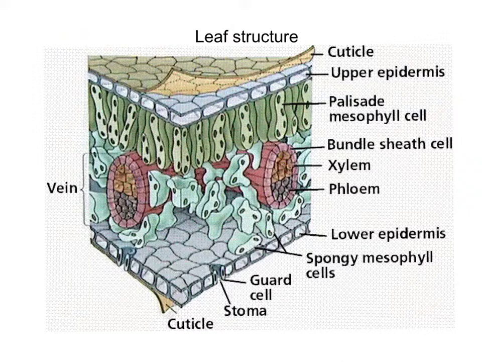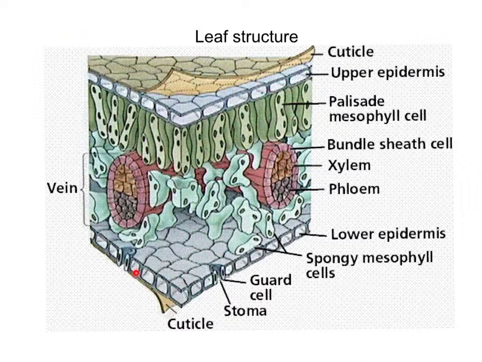So, what I'm going to tell you about leaf structure, well, where do we start? Well, we've got the cuticle here, which is on the outside of the leaf. It's waterproof, and it helps to protect the plant. And then underneath that we've got the upper epidermis, and at the bottom we've got the lower epidermis. Now the epidermis helps to